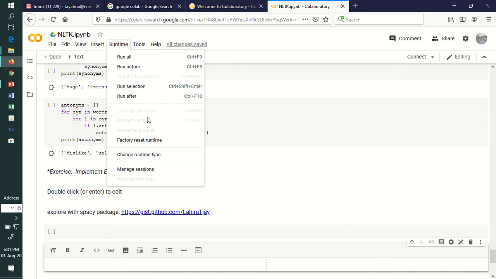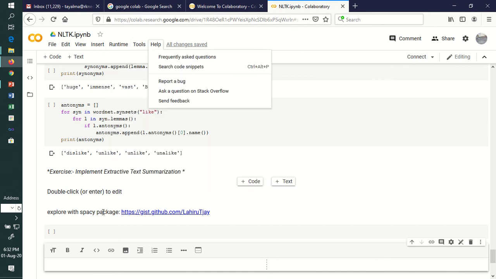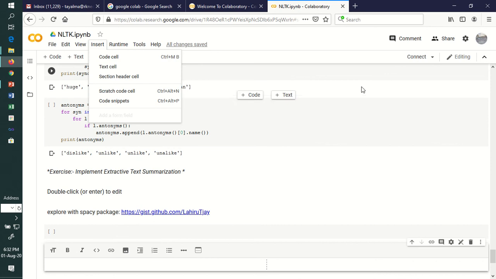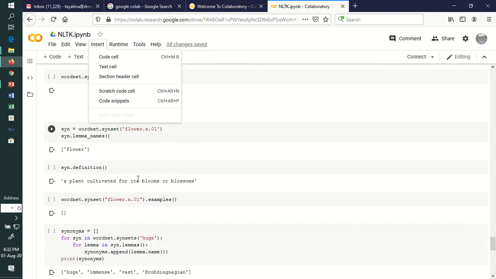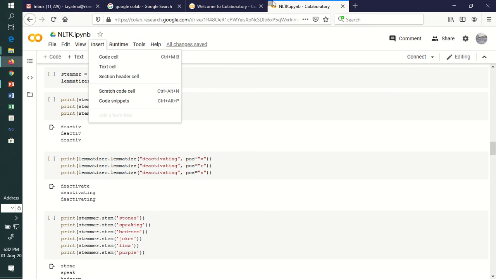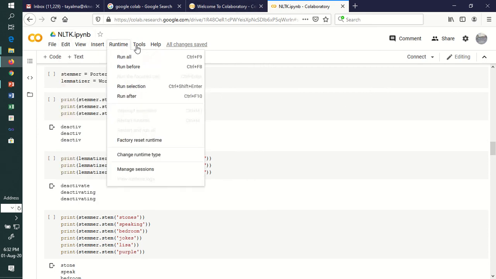So I think you can explore it more, and whatever things we can do, and whatever commands we can write as code or as text, we will see in the next video. Up to this stage, you can go ahead and explore some more options if you wish.